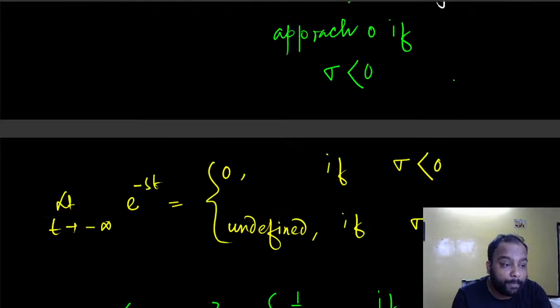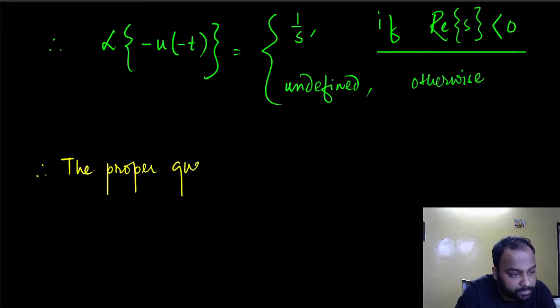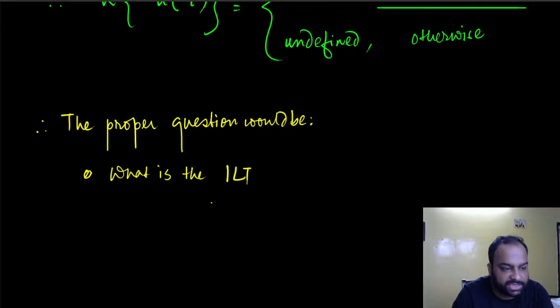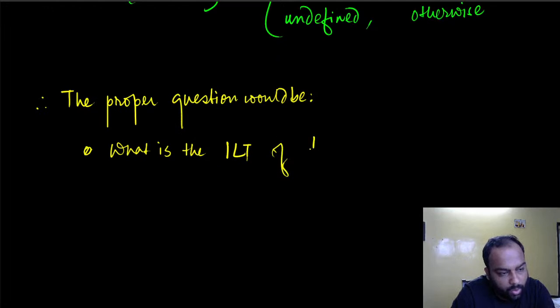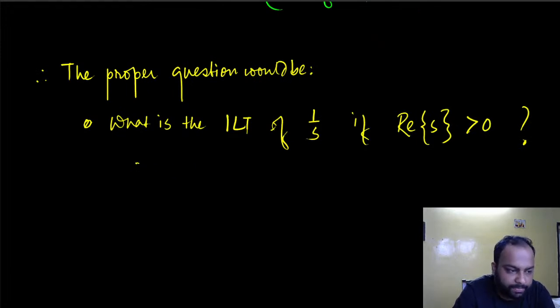So the proper question would be something like this. There are two possible proper questions. Say for example, I can ask you, what is the inverse Laplace transform (ILT stands for inverse Laplace transform) of 1 by s if the real part of s is greater than 0. I can ask you this question. That's a valid question, and the valid answer is